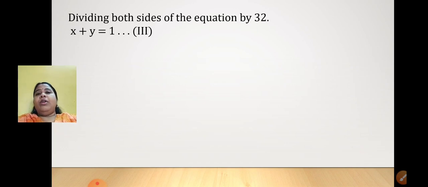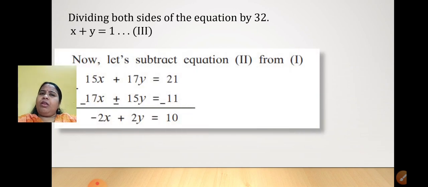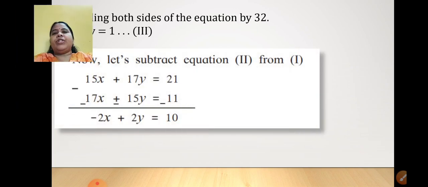As I told you, numbering equations properly and solving systematically is very important in this type of sum. So number it as equation 3. Alright. Now addition is over. Now what is left is subtraction. For that, what will I do? Again take the same two equations 1 and 2, but now we will subtract.